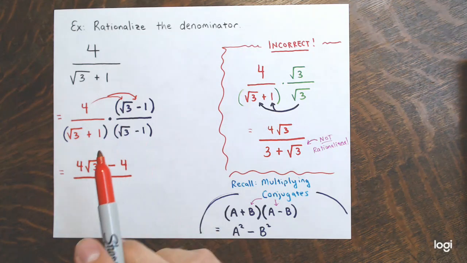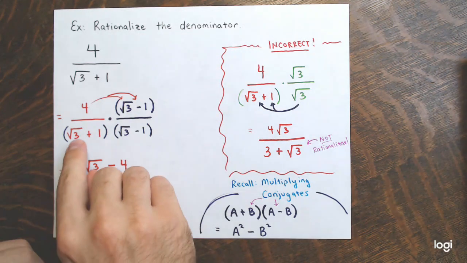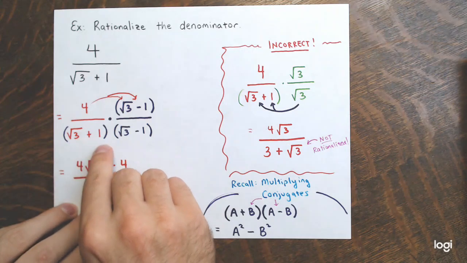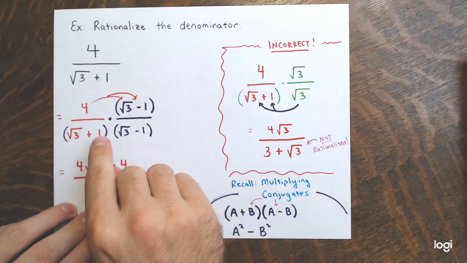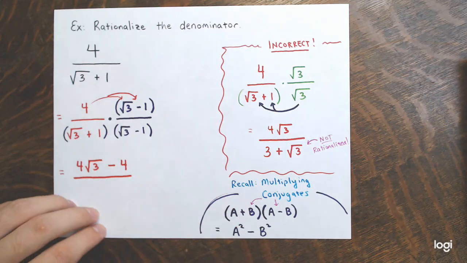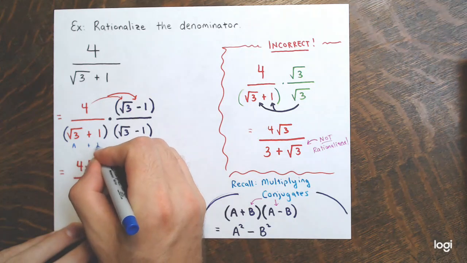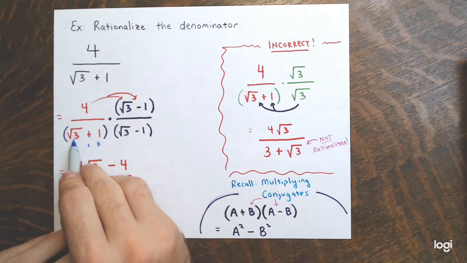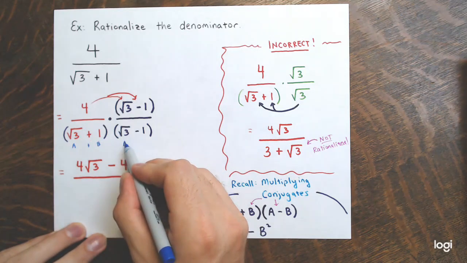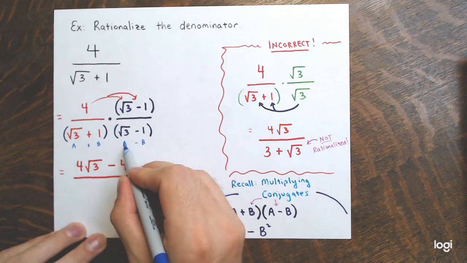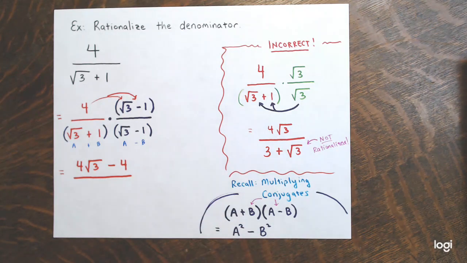Then the denominator. Think about these conjugates. Now you can do the whole distributing thing. Distribute the square root of 3 to these two terms, and then distribute the 1 and combine like terms. But really, if you want to think about this as a plus b, where a is the square root of 3 and b is 1, and this is times a minus b, where again a is the square root of 3, b is the 1, so this will end up being